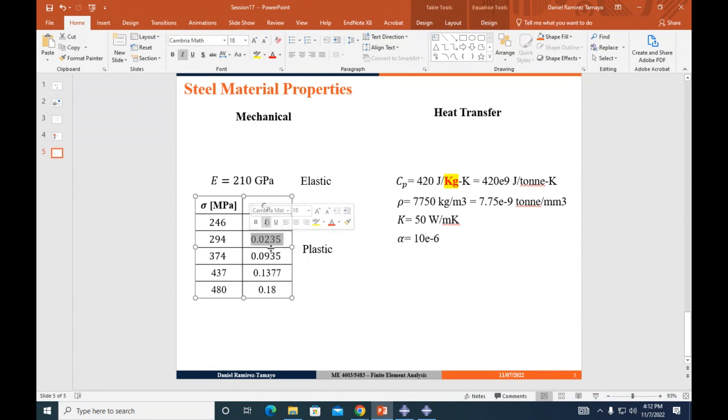But when I have 0.0235 millimeters per millimeter of plastic deformation, you reach it whenever you have an applied stress of 294 megapascals. And then so on, right? And we are going to see how this curve looks here in Abaqus.